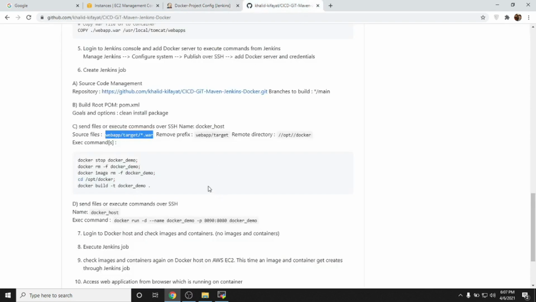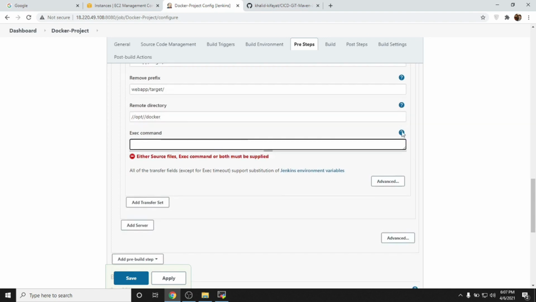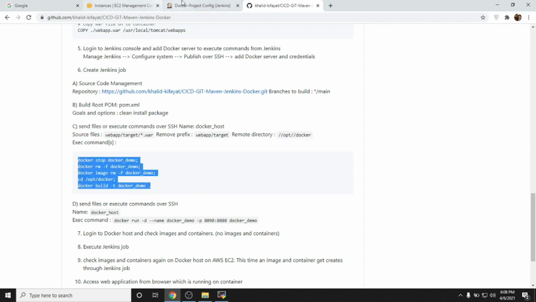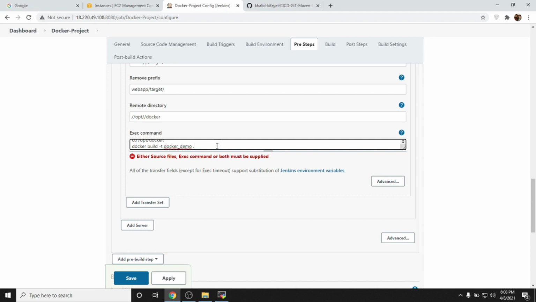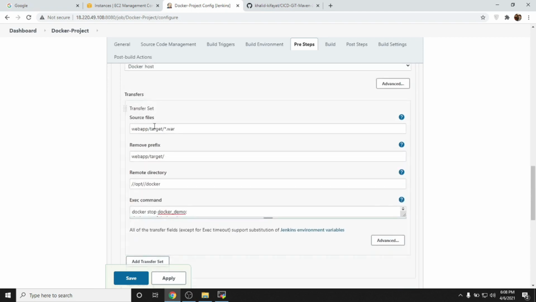And my remote directory is opt/docker. And these are the execution commands which I want to run. So I have defined the source files which are static.var, and the prefix will be removed, then my remote directory, and then the